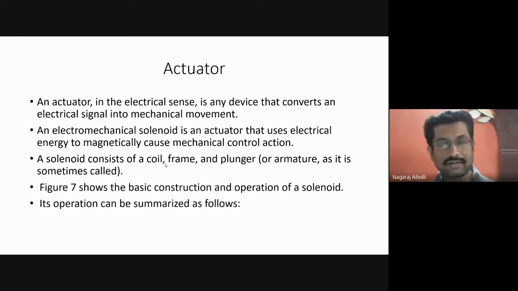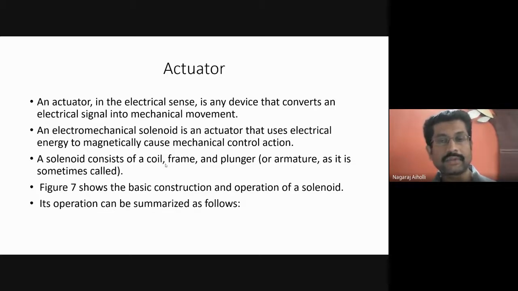Correct, yes. So these actuators are meant to sense the electrical signal and convert it into mechanical output. Here, they are converting the electrical signal into a mechanical signal. Now these are nothing but electromechanical sensors, or they are electromagnetic in nature. We'll see that later, how they are electromagnetic in nature.